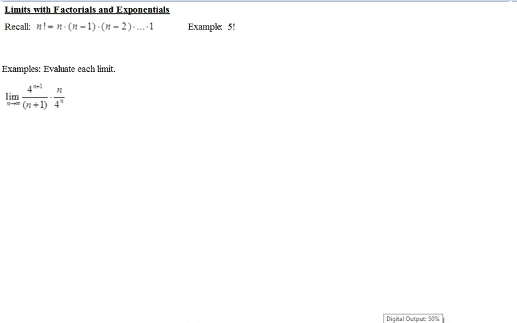These are the notes for AP Calculus on the topic of limits with factorials and exponentials. So let's first review factorials, and recall that when you have an exclamation point like this with a number in front of it,